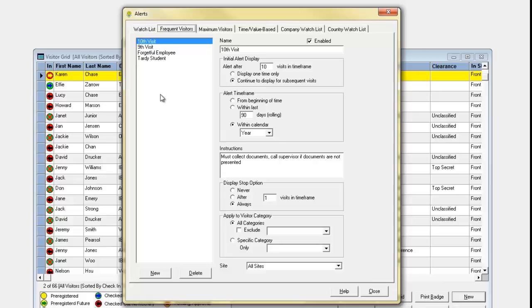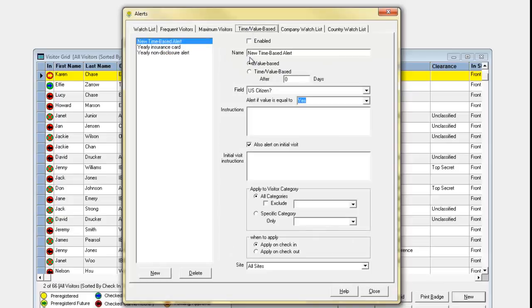And you can create as many of these kind of alerts as you need, determine the number of visits, the time frame, the instructions, whether or not it should stop displaying, and if it's for all categories or a specific category. And because you can specify a category, some of our customers like to set up what they call a forgetful employee alert, where they give their employees a grace period for forgetting their badge, and then they start telling on them. We also have a time-based alert, which is similar, but it's based on a time interval as opposed